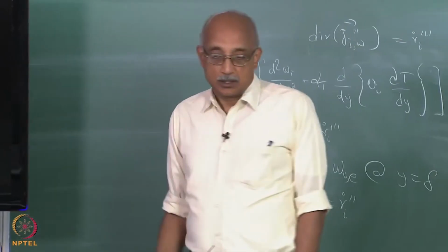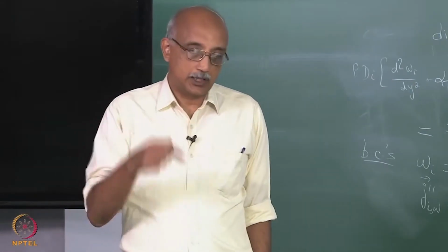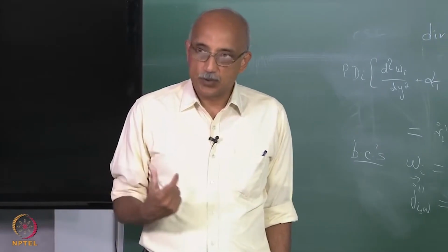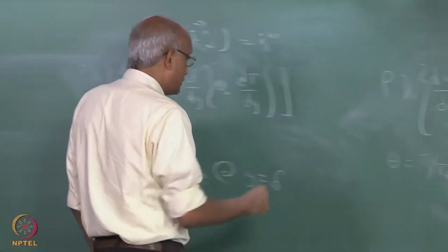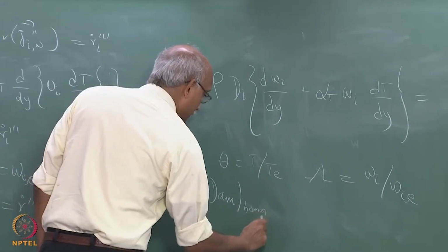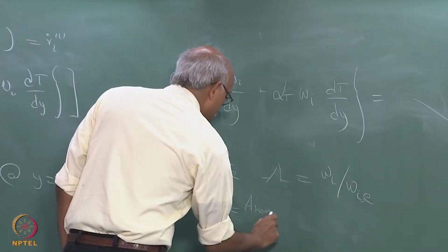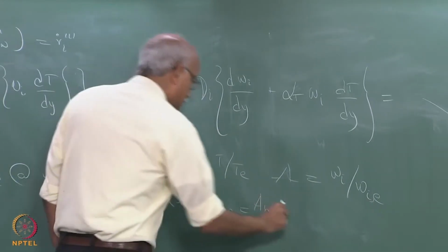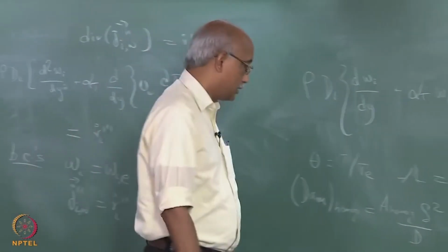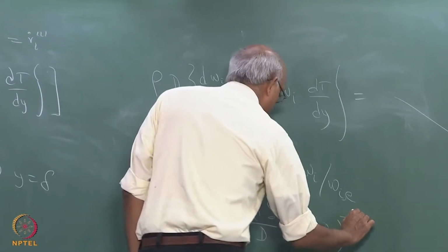Obviously, the Damköhler numbers, as you can expect, will become important, just like when we were dealing with the homogeneous reactions and heterogeneous reactions as correction factors. If you remember, we used the Damköhler number. Similarly, in this case also, you have to define a Damköhler number homogeneous, which will be equal to A homogeneous, this is all for a species I, times delta squared over D times rho omega e to the power minus m,